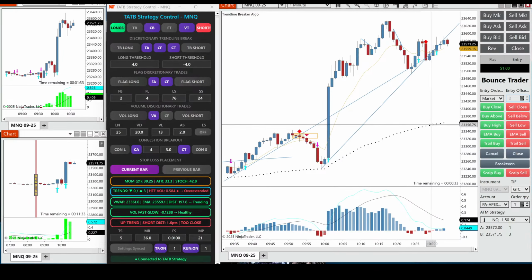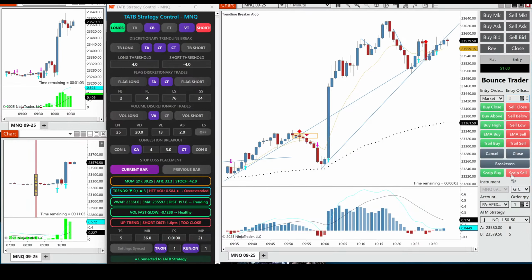So let me explain what I did. Now you would think that there will be a breakout to the upside with this trend line. It's usually a false breakout, but what I did with the scalp sell button is that